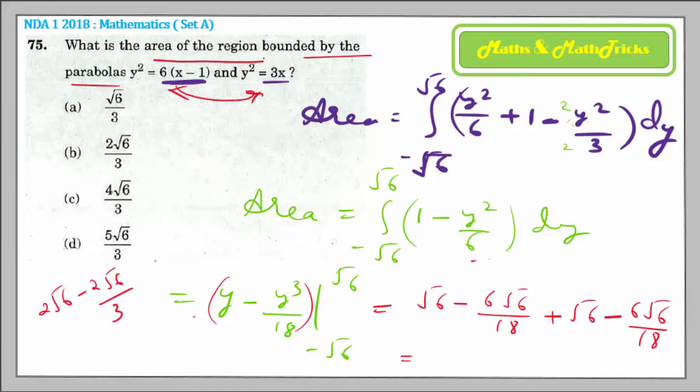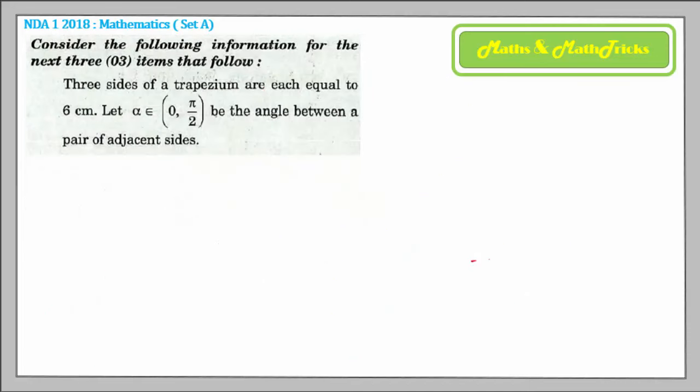Right, 2 root 6 by 3 to the 6, 6 minus 2, 4. So it will be 4 root 6 by 3, and hence option C is valid here. Alright, moving on to the next question, number 76 and 77, and 78 also, because there are 3